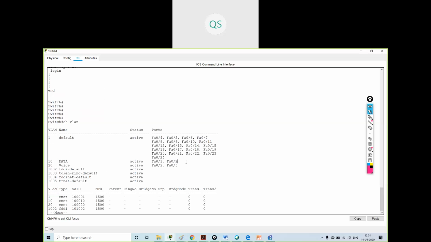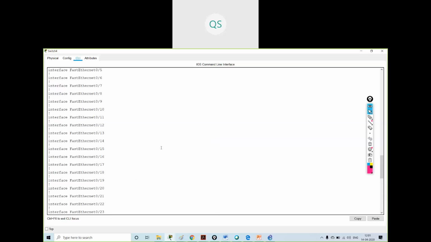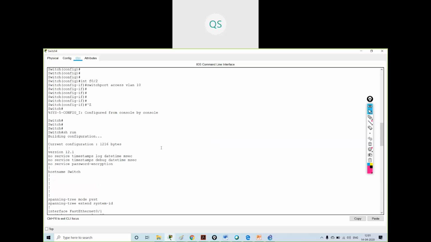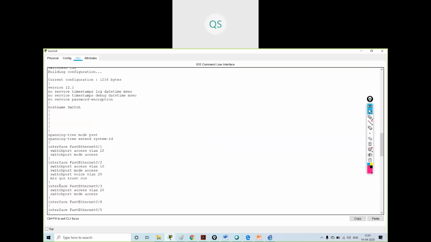It was a configuration mistake. It was not taking the command, both the commands for data and voice VLAN. I have to give the voice VLAN command as given by Arjun. This command has to be used for voice VLAN, switch port voice VLAN 20.